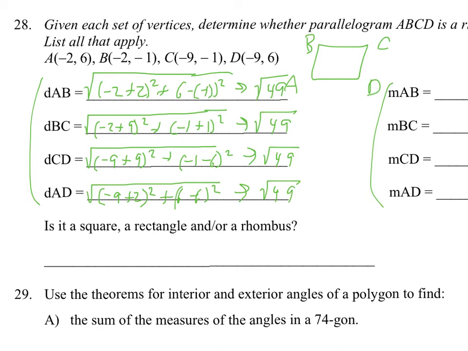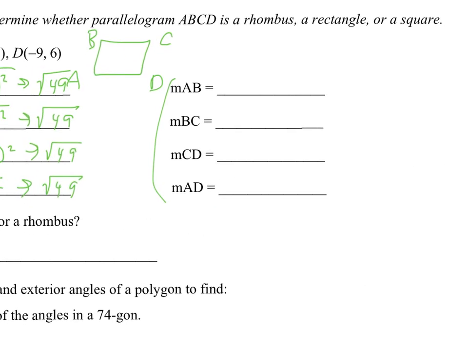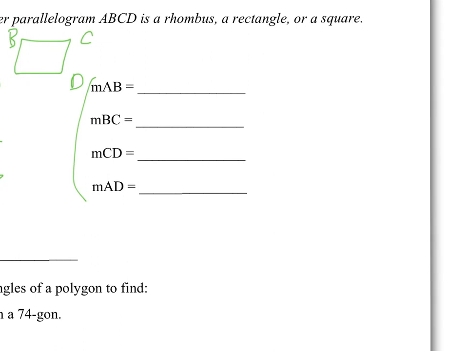Well, we don't know if it's a square. Let's take a look at the slopes and see what we get there. When we do the slope of AB, we should get 6 minus negative 1 over negative 2 minus negative 2. And we end up with 7 over 0, undefined. The next one, BC, we should get negative 1